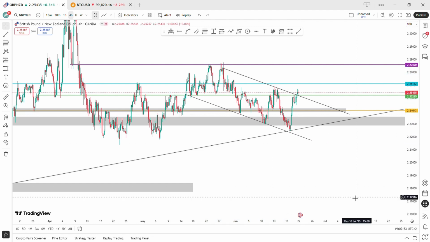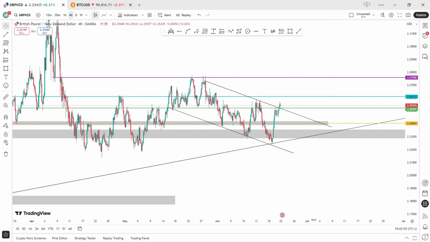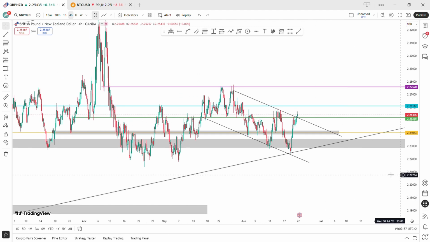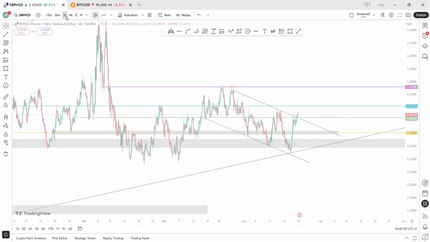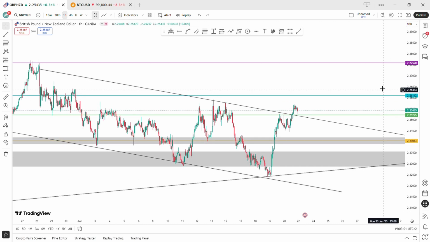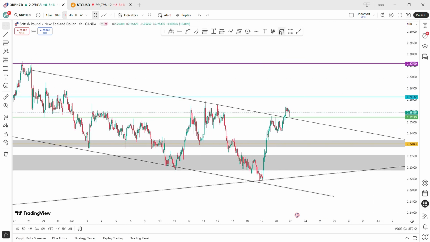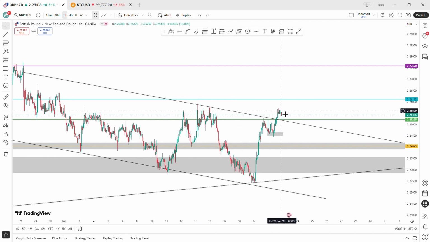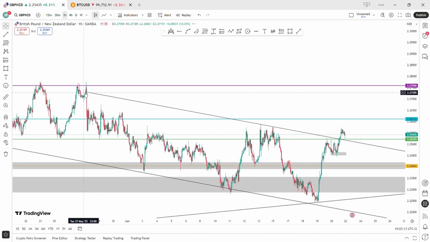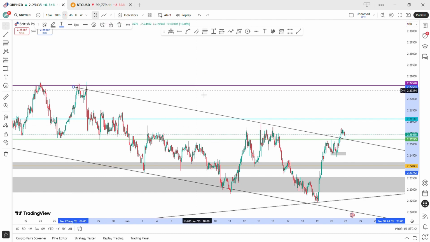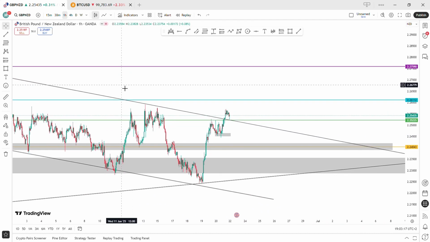Personally, you can choose your method. Some want to use the bodies, some want to use the wicks, but we can also have something like this. So I'm seeing that the market has actually broken out of the correction. As we can see, the market has left what we call a double bottom inside here. So I was expecting the market to come back to the zone to tap us in, but this area has been so strong, but it looks like the market is actually giving us something which I call a retest,